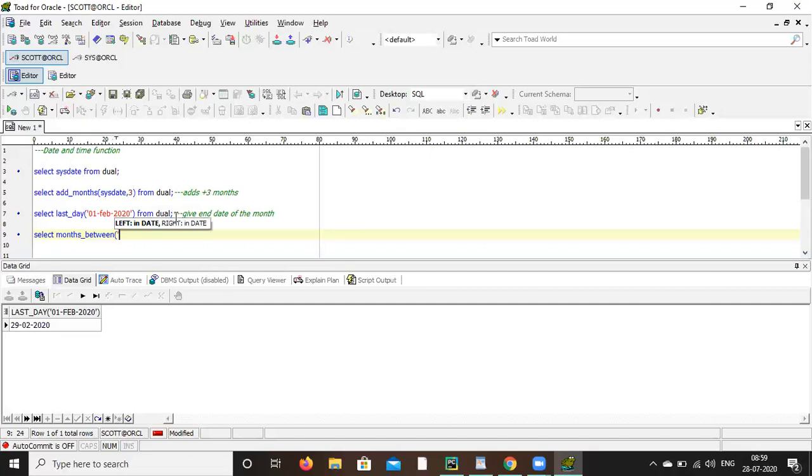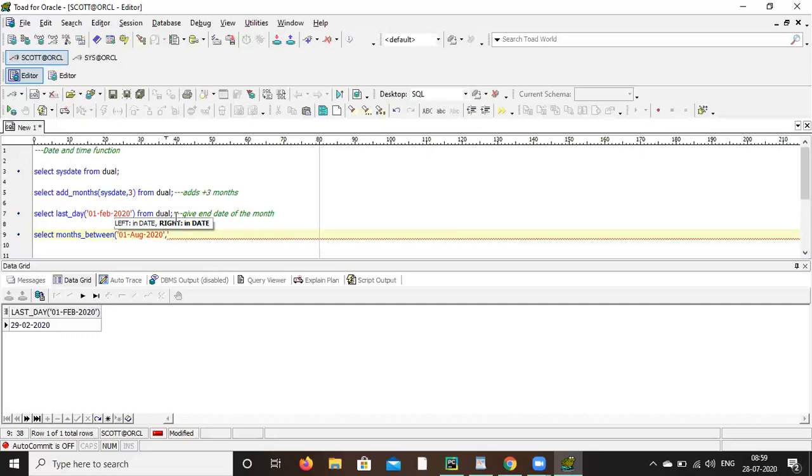Let's say this is 01st August 2020, then comma, some other date, or 01st January 2020, whatever. Between those 2 dates, what are the months between?